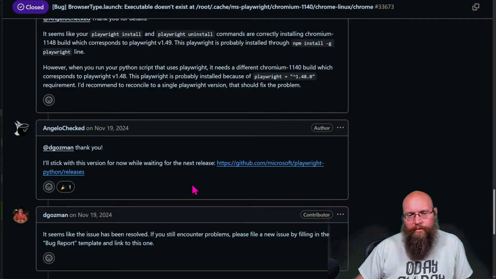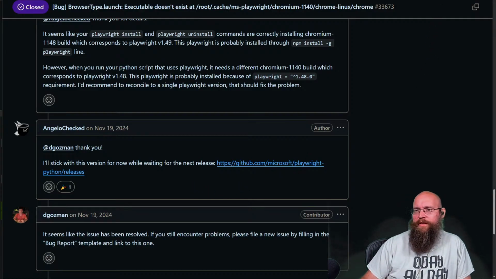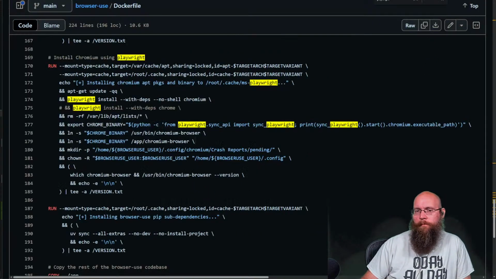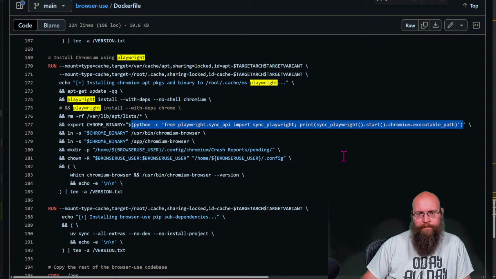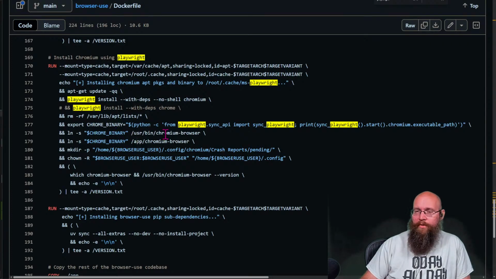I'm not sure, Bobby, because whenever we set up Playwright here, it's coming through and it's trying to get the version of it here. After we do the Playwright install, and then it sets it up, and that seems to, or actually, let's double check this.